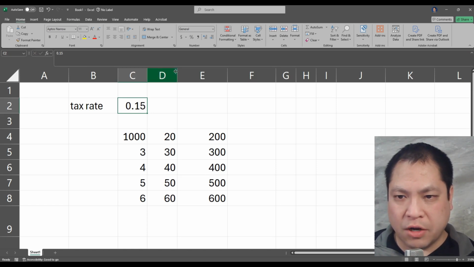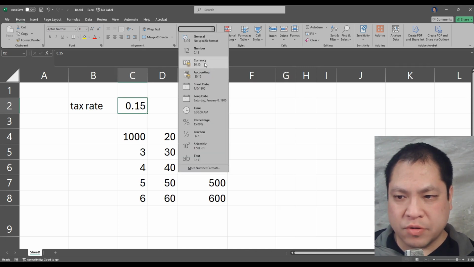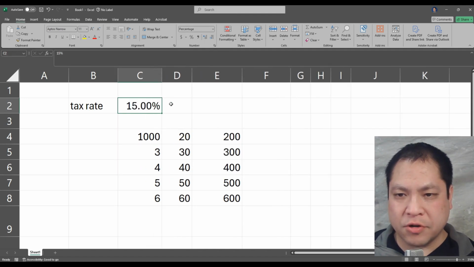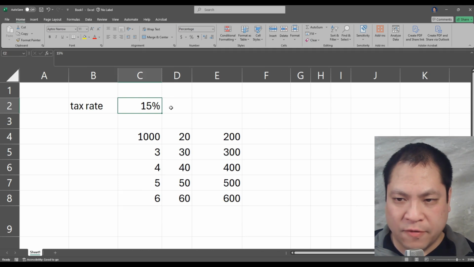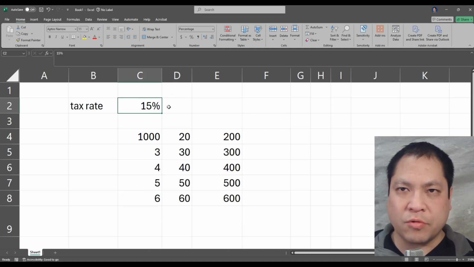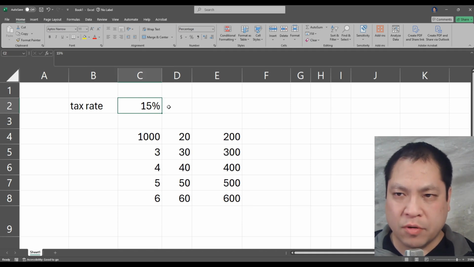I'm going to now change my format from general to percent right here. Okay, so there we go, 15.00%. I just wanted to say 15%, so I'm just going to move the decimal thing like that. Okay, so now I have 15%, but underneath that, it actually is 0.15. That's important to remember because,